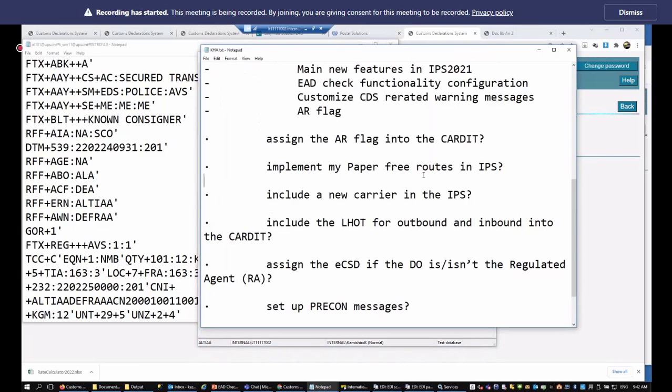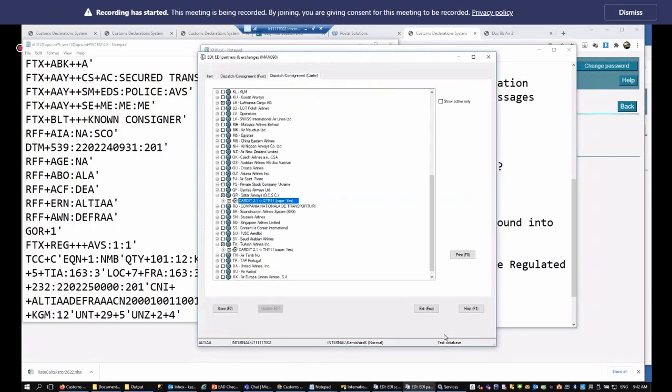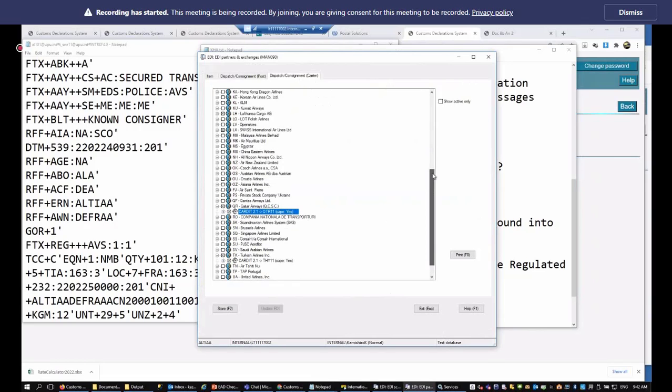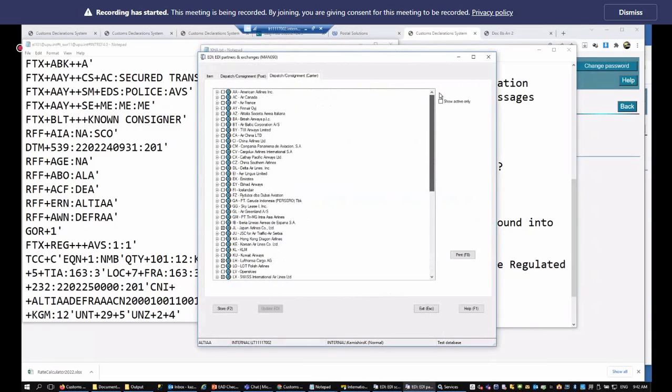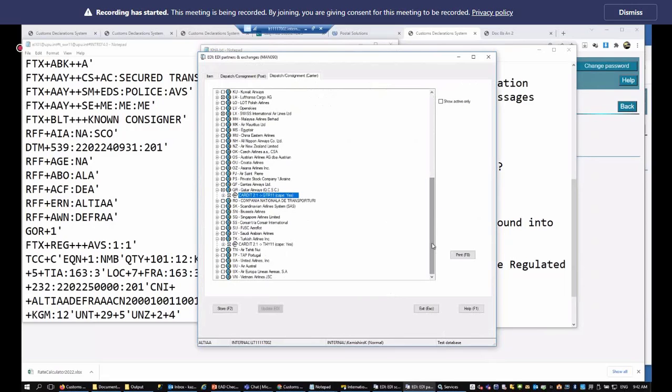And the next question is, include new carrier into the IPS. Okay, this is done by the PTC. If a new carrier is not in the list and would like to start exchanging CARDIT message, I think Jan, you're working with Stefan about this. If the new carrier is ready to exchange CARDIT and RESDIT messages with postal operators, we will add this carrier